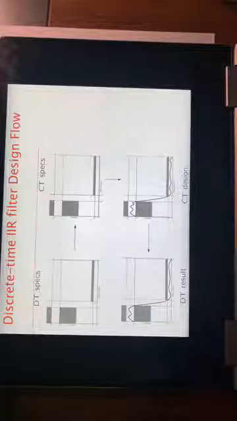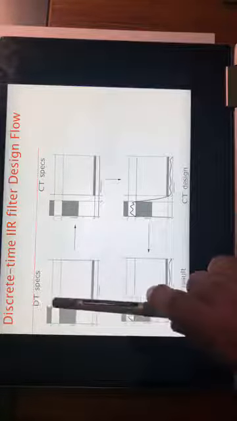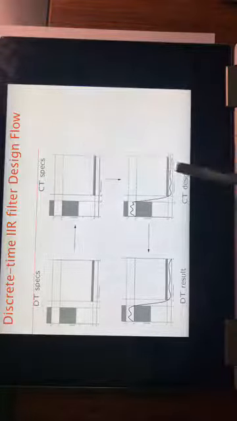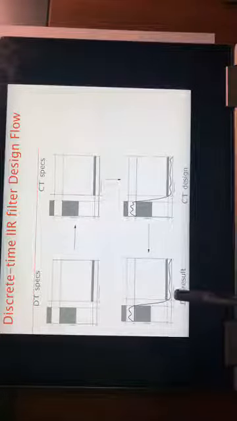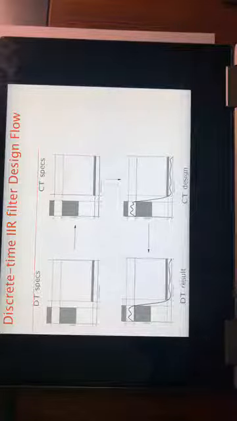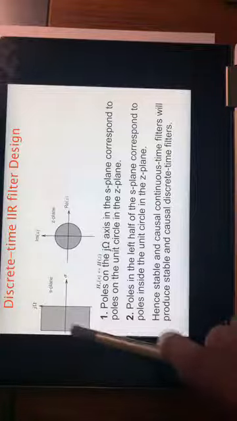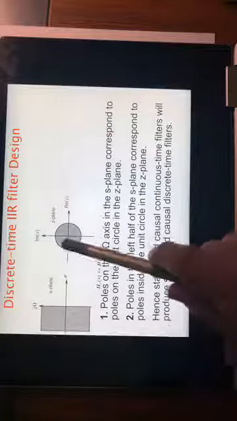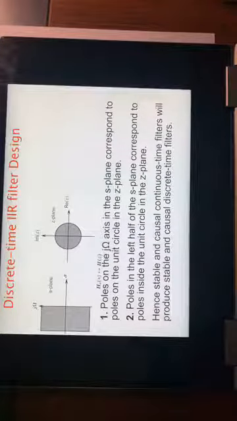Okay, so then we said IIR filters are designed in continuous time domain. So you have discrete time specifications, you convert them into continuous time specifications. You do a design in continuous time, and then you convert it back into discrete time design, into H of Z. So you get an H of S, you convert H of S into H of Z. So we know this much. And so you are designing something where all the poles are going to be on the left hand side, and they are to be mapped into H of Z, where poles are to be inside the unit circle.